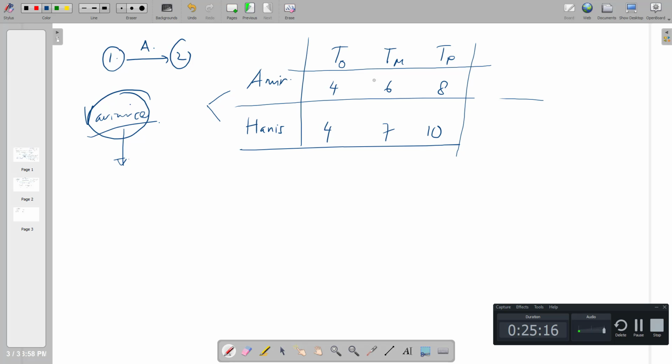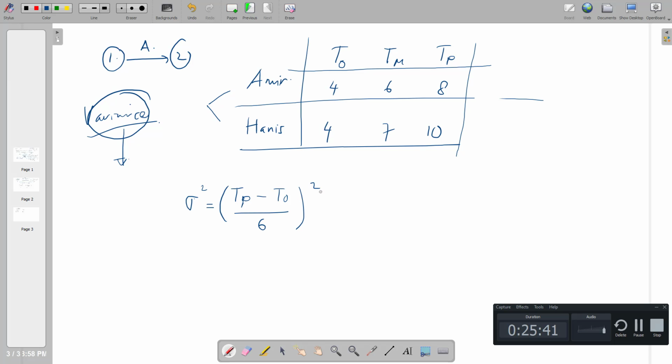So we have to calculate the standard deviation first, or we can jump into the variance, which is TP minus TO divided by